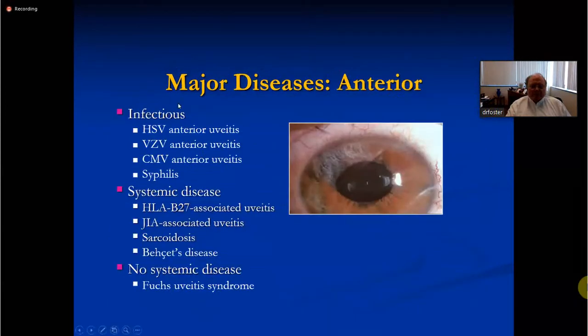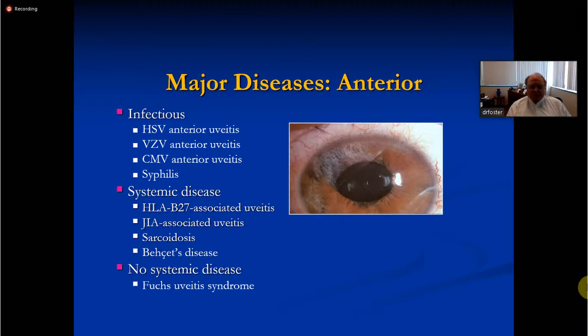Infectious uveitis is almost always viral, with syphilis being the primary bacterial problem that can cause infectious uveitis. Systemic diseases that can cause uveitis include the B27 associated diseases, JIA, sarcoid, Behçet's disease,